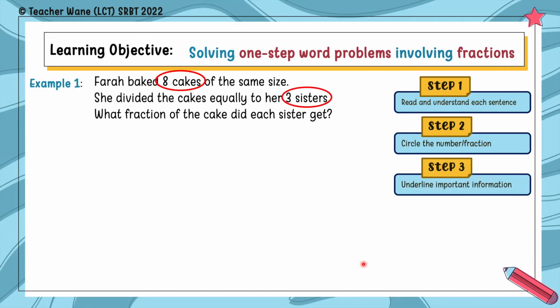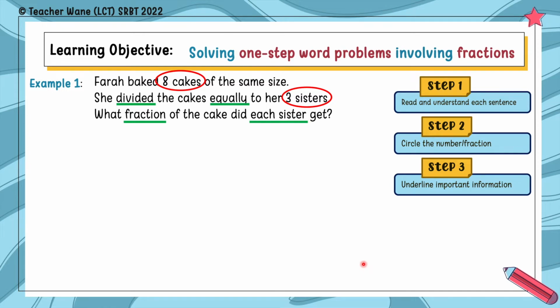Step number 3, underline important information. In this story, what is the important information that you can get? We can underline divided. That is one of the hints for you to solve this word problem. So divided, and then equally. Equally means the same size, and then fraction,